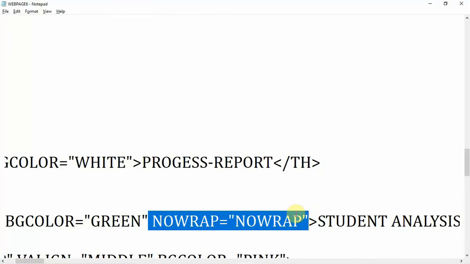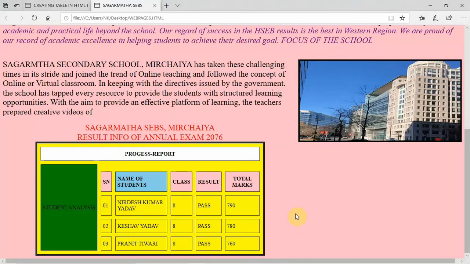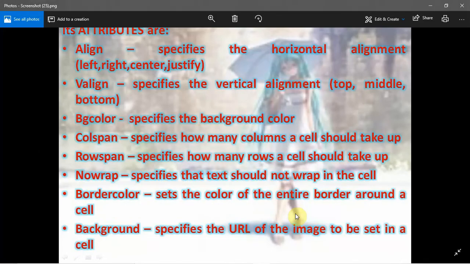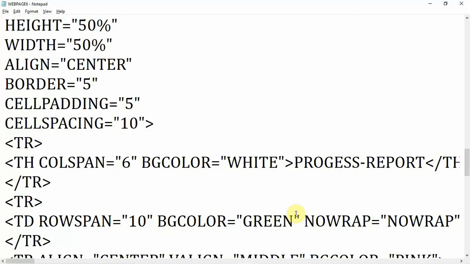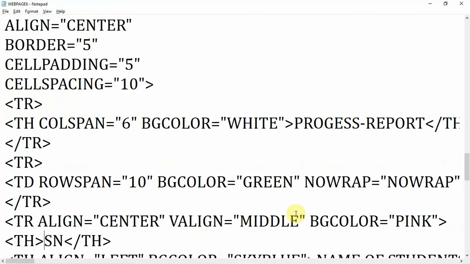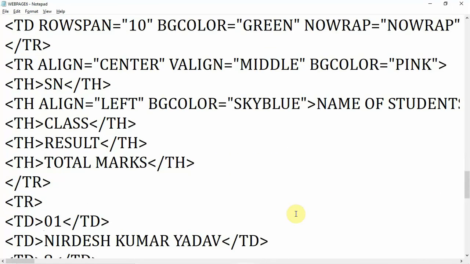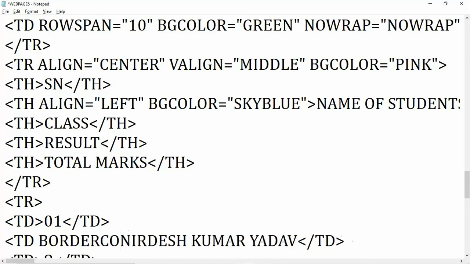You can write it inside the th tag also and the td tag also. Now next, another attribute you have to see. Another attribute means bordercolor. Not all browsers support bordercolor, but I want to tell you once how to use bordercolor. I want to use it inside Hitesh Kumar, which is written here. I want to use here bordercolor.